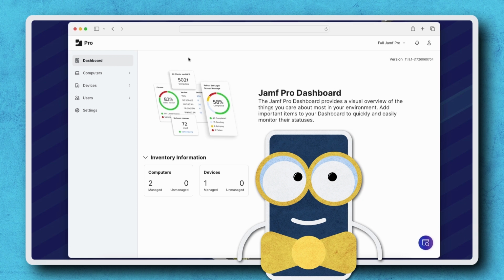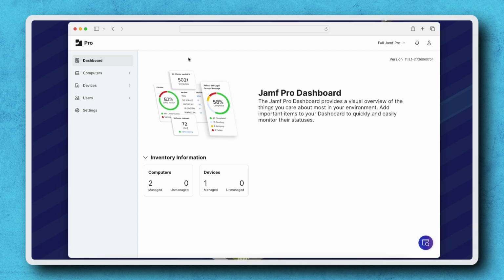When it's time to replace an old device with a new one, we may take the old device and store it, sell it, or even donate it. No matter what we do with it, if the device is still managed in our Jamf Pro instance, it counts towards the number of devices we're paying for each year. To ensure we're not paying for devices that we're not using, we'll be asked to clean out old devices from our Jamf Pro inventory when it's time for renewal. So let's learn how to clean out those old, unused devices from Jamf Pro.